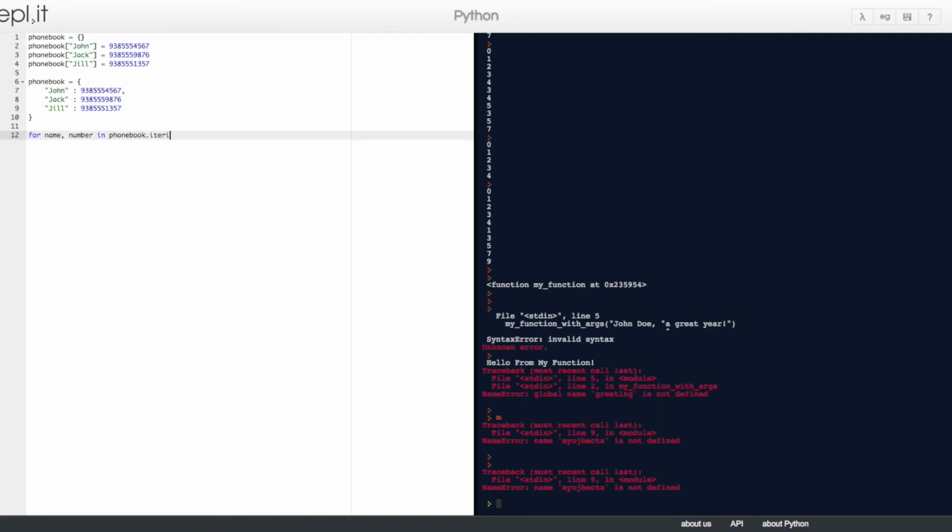period, items, empty parentheses with a colon, next line is indented, print "phone number of some string is some number," and then we'll give that string a number, which is percentage, open parentheses, name and number.